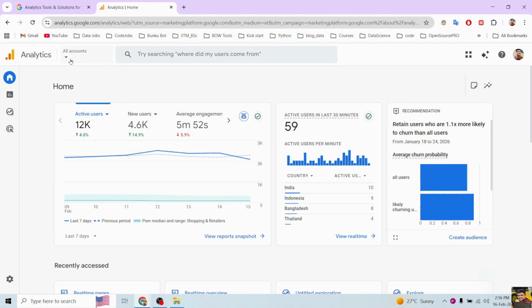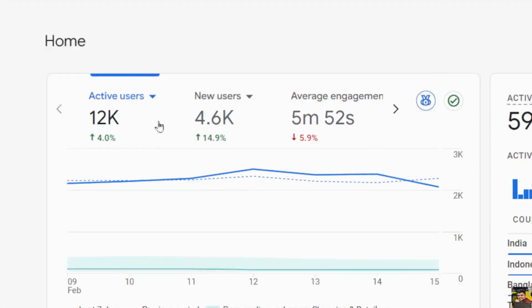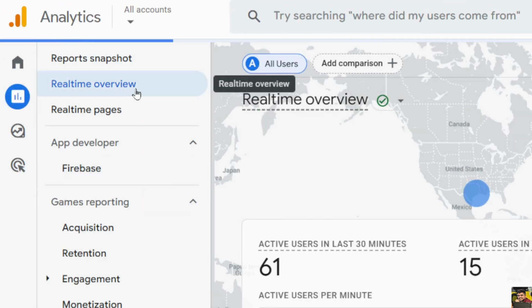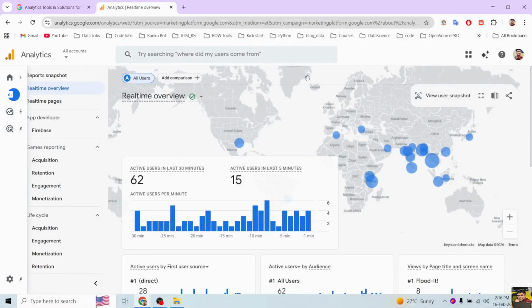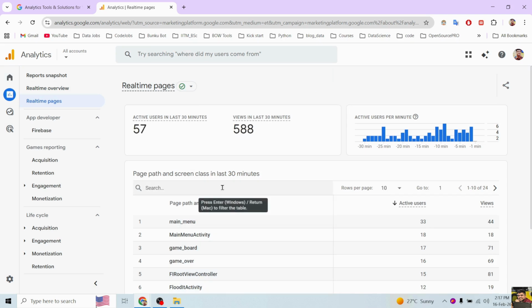First, go to your analytics account, then look for view real time. If you see this, you can select this view real time. Then on this window, select real time pages. Here, if you see, you will see active users in last 30 minutes, views in last 30 minutes,